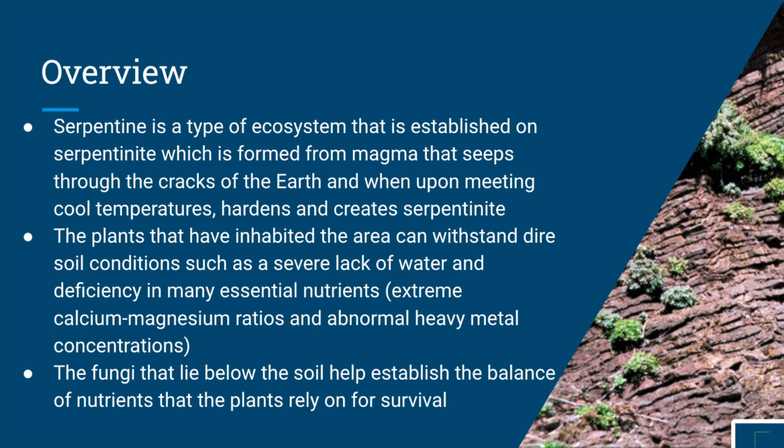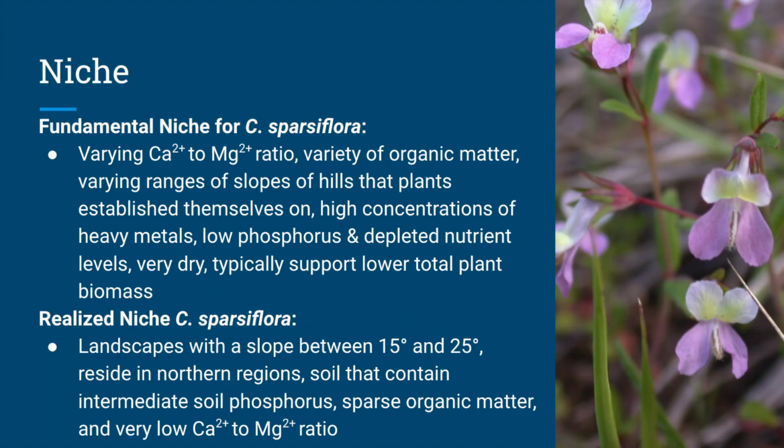Due to serpentinite's porous nature, the plants that have established homes there tend to favor the harsh, drought-tolerant, nutrient-deficient, abundant heavy metal conditions. To bring the ecosystem back to near livable conditions, fungi like mycorrhiza are present in the soil deep below the serpentinite's surface and help to bring out the best balance of nutrients in the soil through recycling the organic matter from the plants and animals that live within the serpentine.